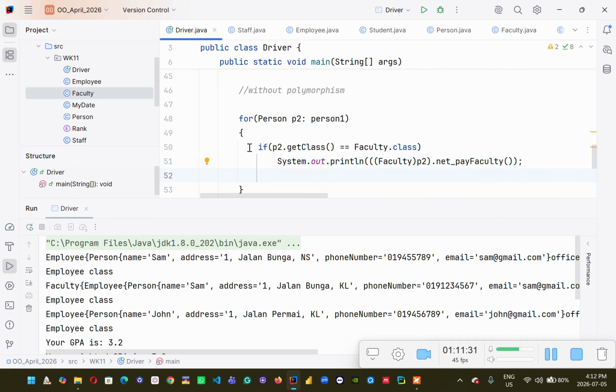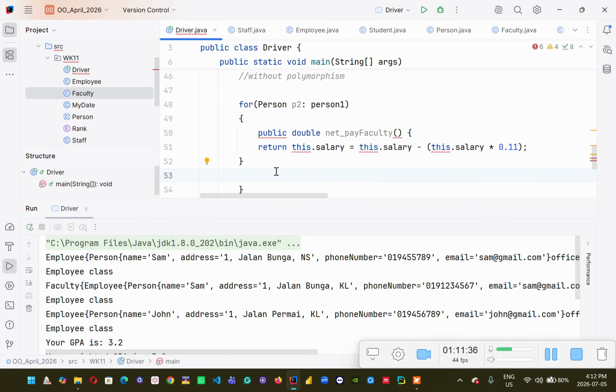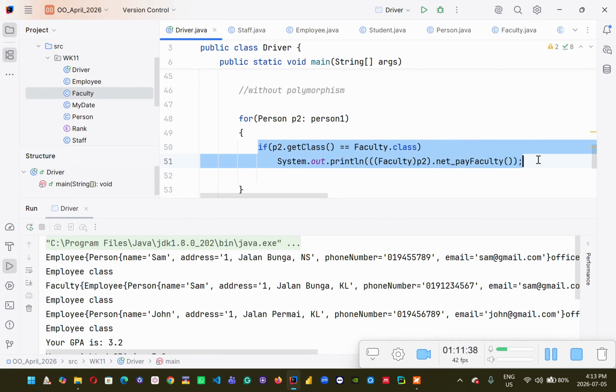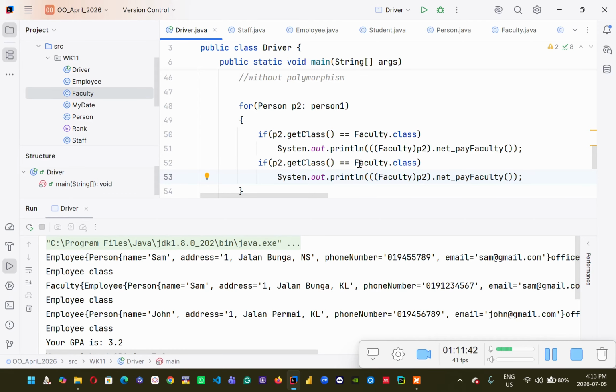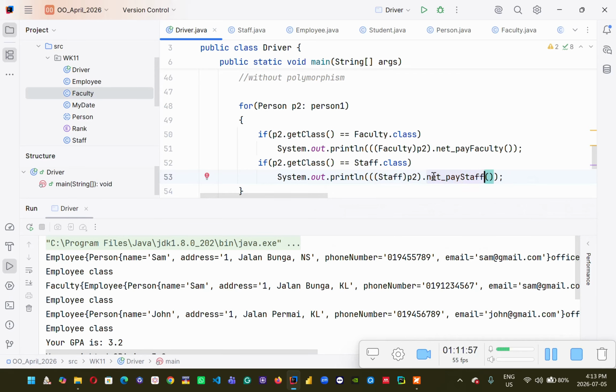So the same thing I have to do for, okay, if let's say it is staff, and you have staff and you call this staff. Fine, right? So now when you run this,